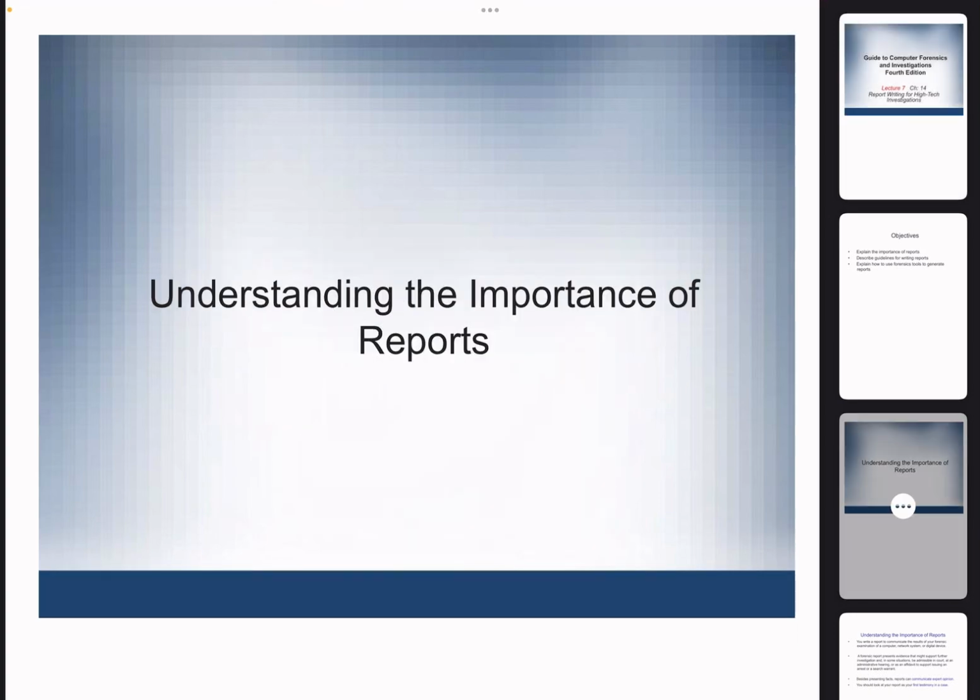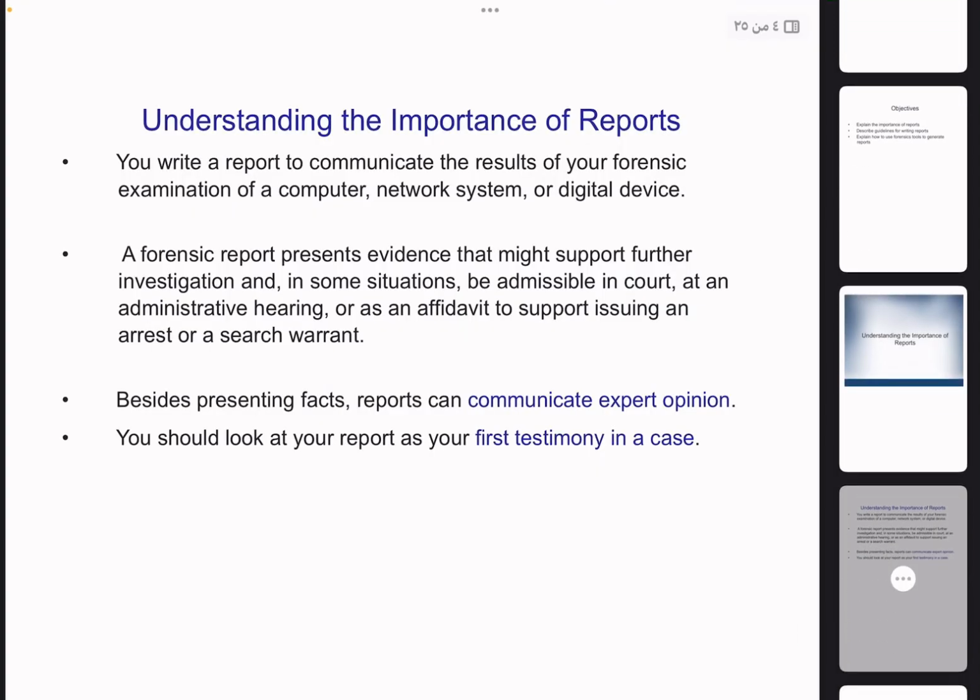Understanding the importance of reports. You write a report to communicate the result of your forensics examination of a computer, network system, or digital device.